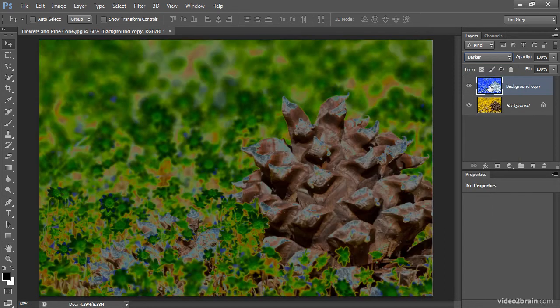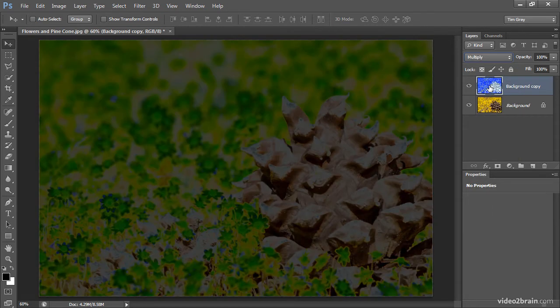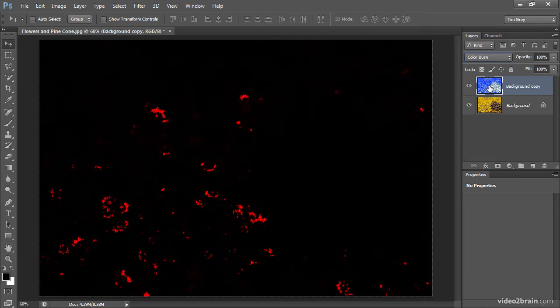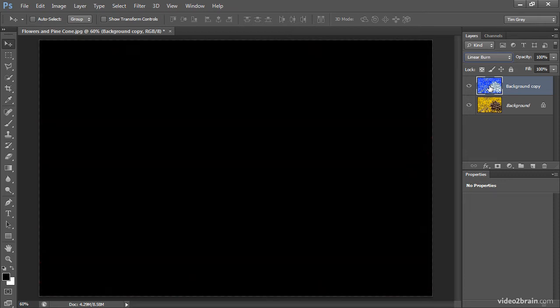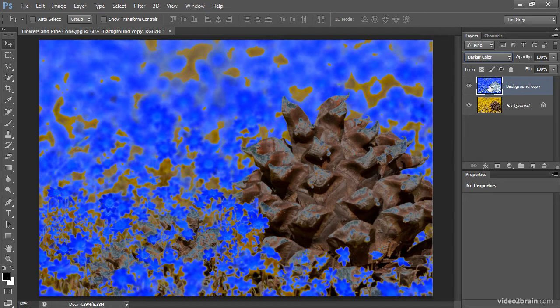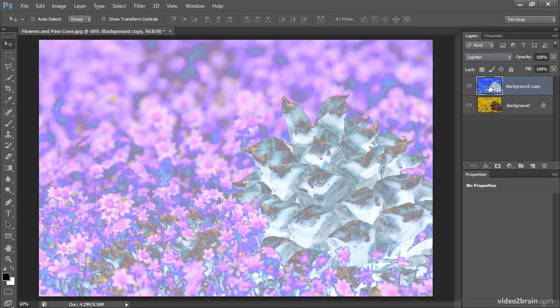I'll start off with the darken blend mode. But let's take a look at the various effects. In some cases, the effect will not be all that interesting. In some cases, it will be entirely black. But you'll also get some creative interpretations of your photo, some things that you might have never thought of achieving